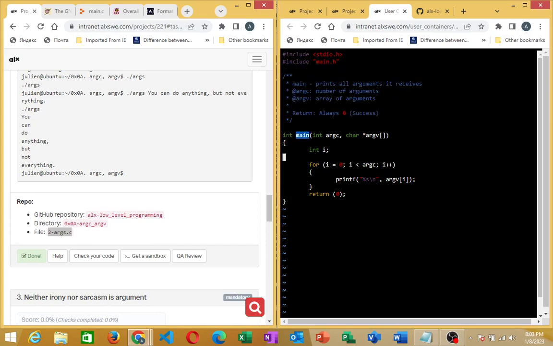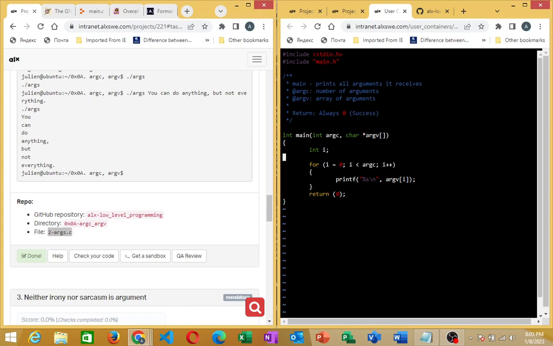Then our function is returning an integer. This is the function argument or parameters, and we are initializing a variable i as an integer. Okay, you have to specify the format of your variable. This is an integer, and we are